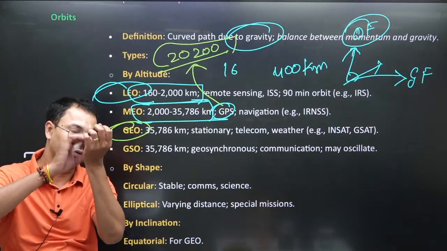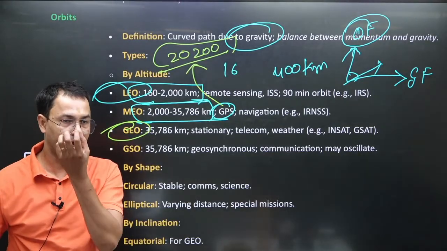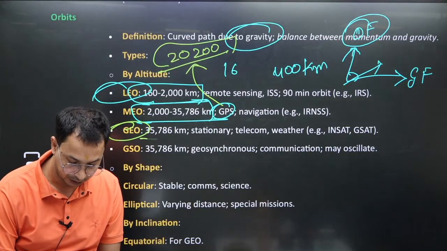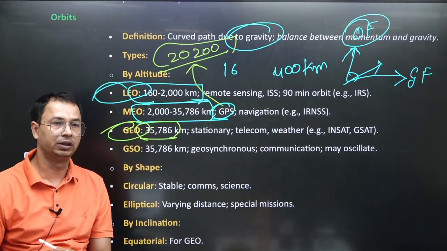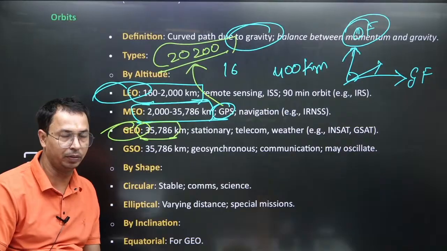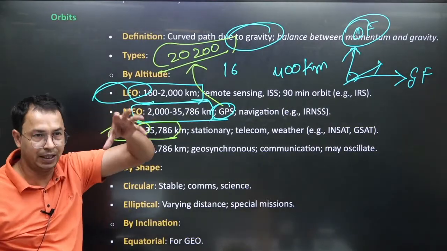Then after the Middle Earth orbit, we have the geostationary Earth orbit. Geostationary Earth orbit will always be coplanar with the equator of the Earth, and the altitude will be 35,786 kilometers from the Earth. This is the geostationary orbit, and if you are in it, you can see one single location